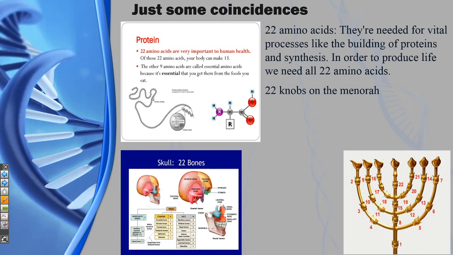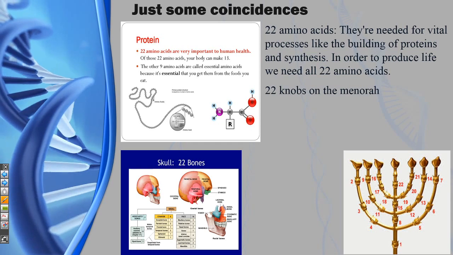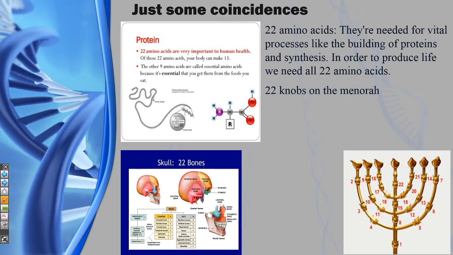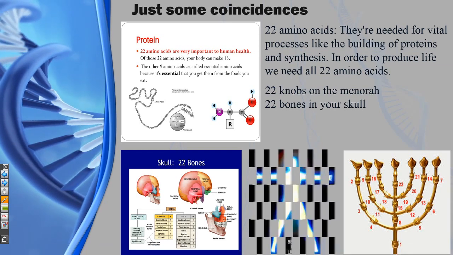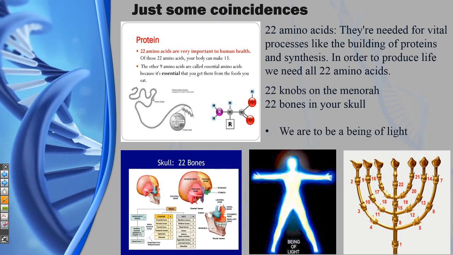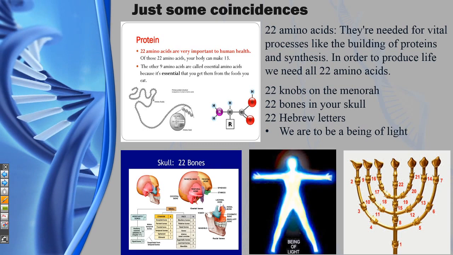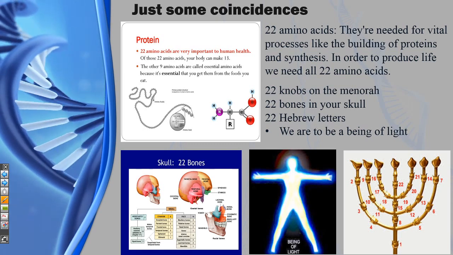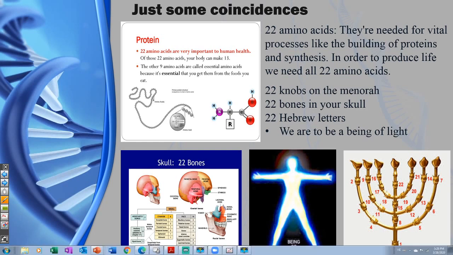You've got 22 bones in the head, in the skull, where light's supposed to be coming out of. But anyway, again, 22 bones in your skull, and we're supposed to represent light, or be a being of light, and we'll talk about all that next week. But then the last coincidence, obviously, there's 22 Hebrew letters. All these coincidences are pretty decent. Anyway,